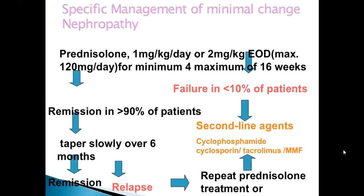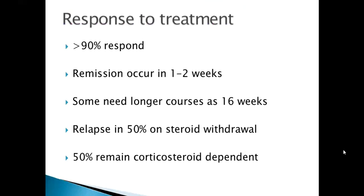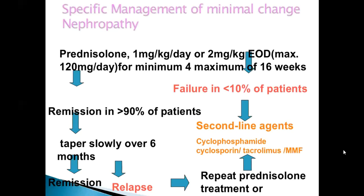So for minimal change nephropathy, you use prednisolone because it is immunological. You use prednisolone at 1 milligram per kilogram, which is the dose for many diseases. You have to remember that 1 milligram per kilogram per day is the dose of steroids, but you might not want steroid-related side effects. Therefore, you might give a higher dose every other day, to a maximum dose of 120 milligrams per day. Even if the patient is obese, don't go beyond that. And for a minimum of at least 4 weeks. Might have to continue for 4 months,